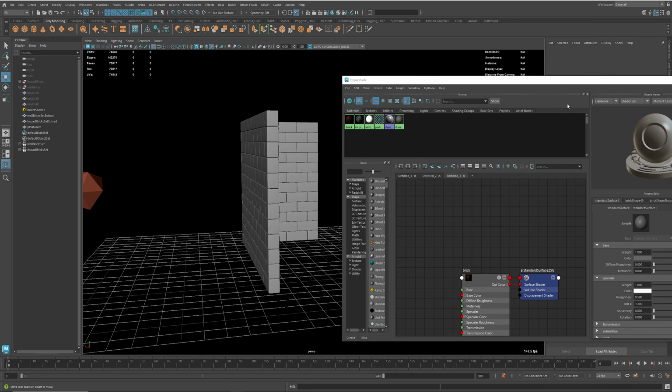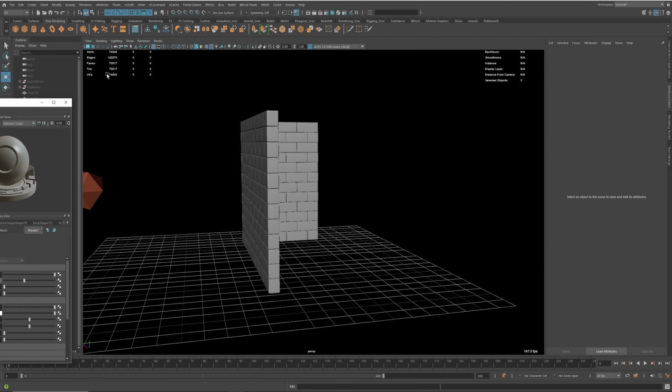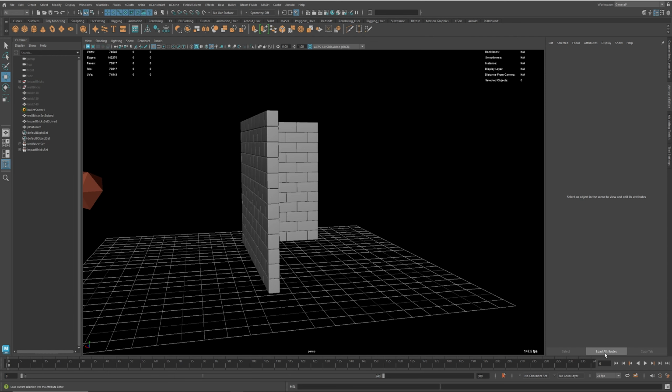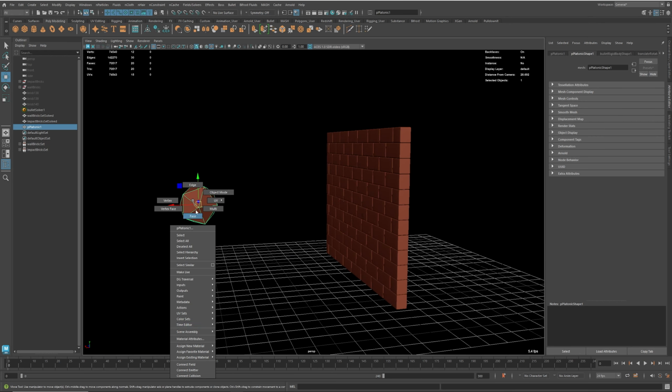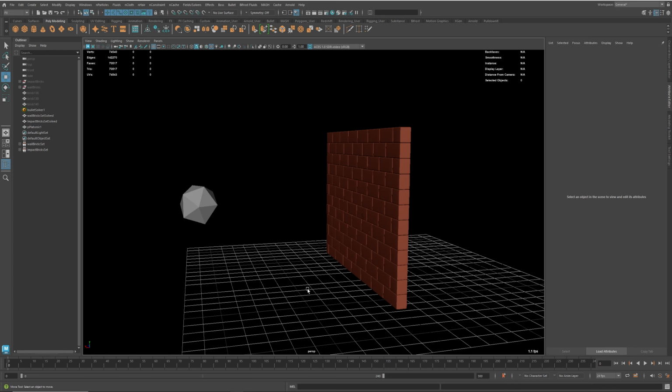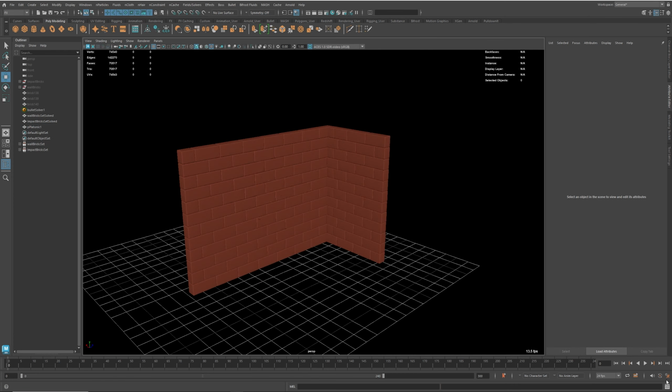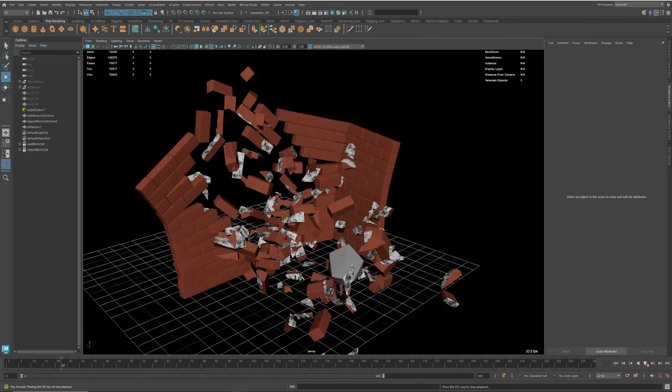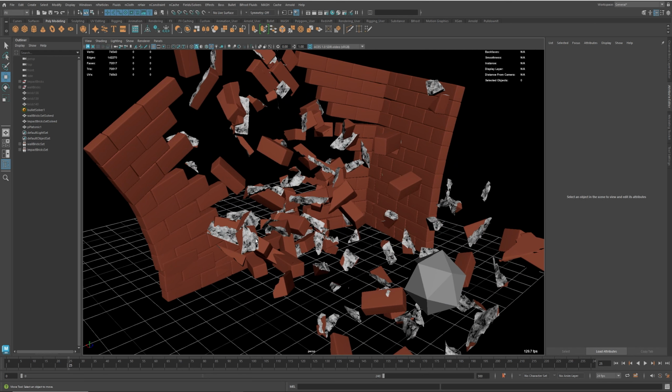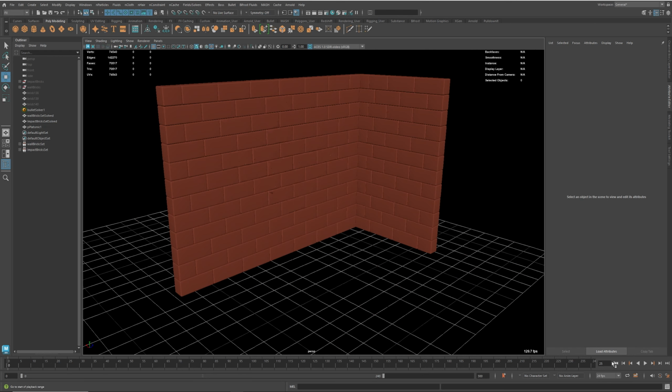Right. Now you may not be able to see it here because we're using the pre-solved thing. Oh, there we go. Just had to rewind it. Now that has applied it to this guy. So this guy I'm just going to reapply, or if I had a different shader, I'm just going to reapply standard surface 1 because I don't need him to have that. Okay. So now the bricks have that red color, but the inside of the bricks is that other shader which we want. Okay, so now that we have our simulation,